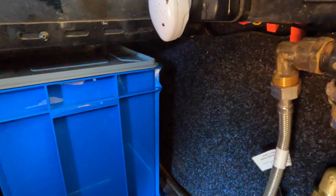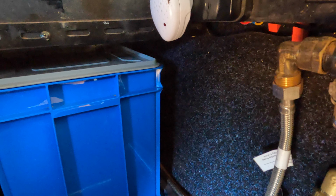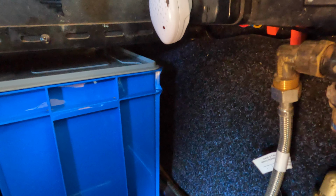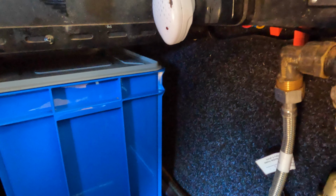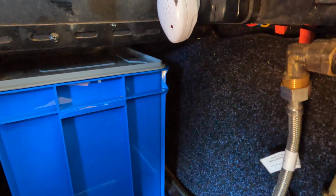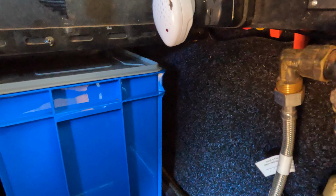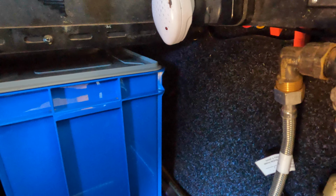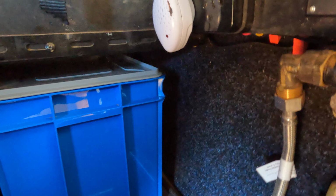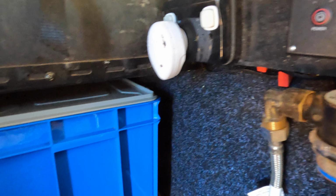Okay, when we were at the national park, the signage was quite clear and plain. No gas cooker of any sort during total fire bans or high fire dangers, which in Australia is practically all the time unless it's pouring rain. So that just means we've just got to take the induction cooker with us, which is okay with me because